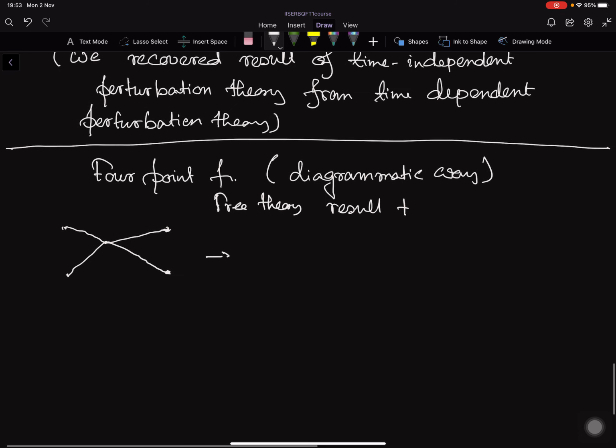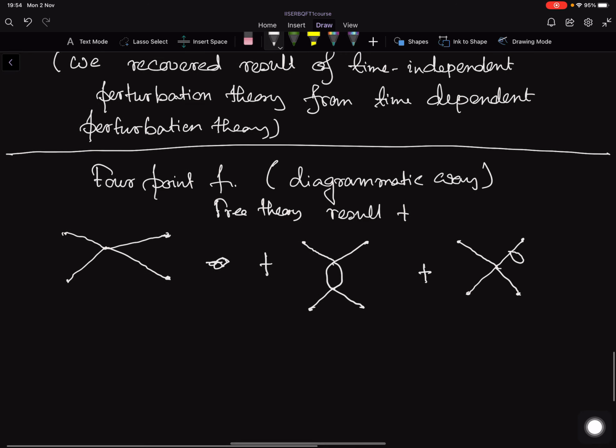Okay, let's just do this. And then we will have contribution. So this is one internal vertex. Now we go to 2 internal vertices. Of course, there are also diagrams which are like this, or